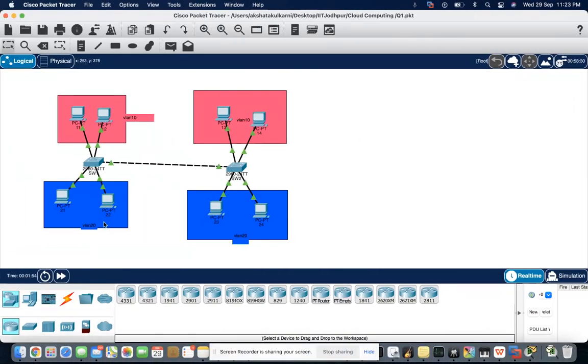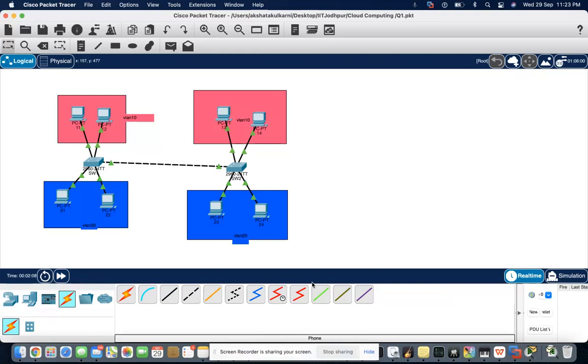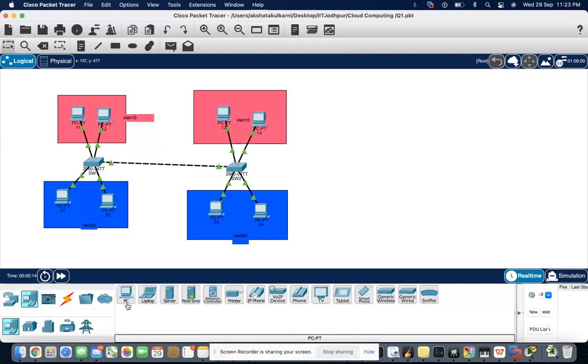First, let us learn what Cisco Packet Tracer means. Cisco Packet Tracer supports a lot of devices, such as many routers, which can be connected through switches, and various connections are available here. So we can connect them with each other, and we also have end devices such as PC, laptop, server, and printer.